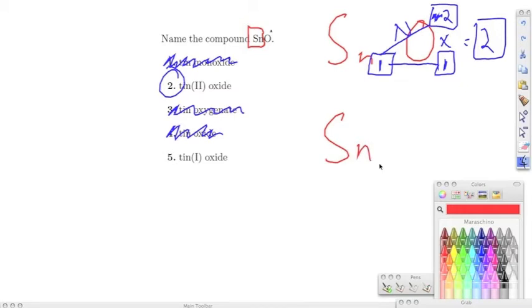Okay, if they did match, which this is just another example, say we had Sn2O like that. Okay, well, we look at the oxidation number of oxygen, it's 2. Well, if they did match, that